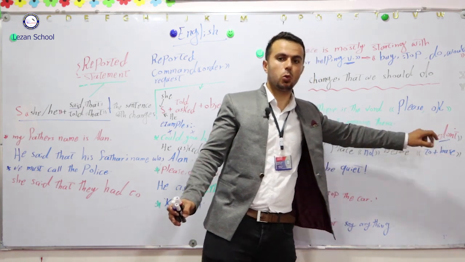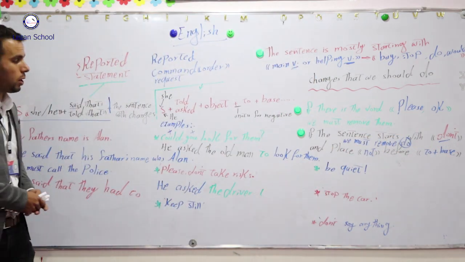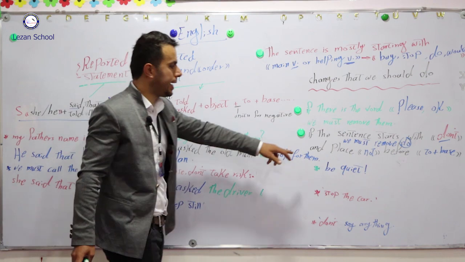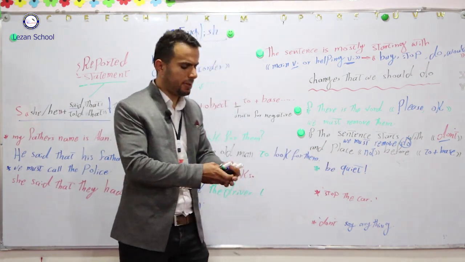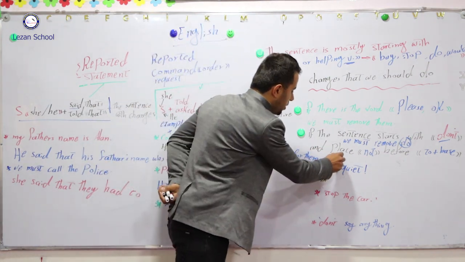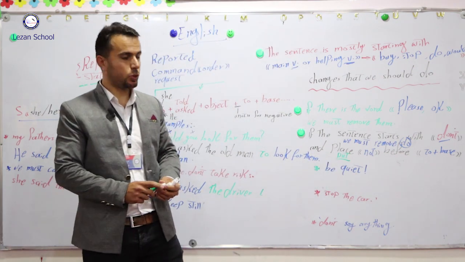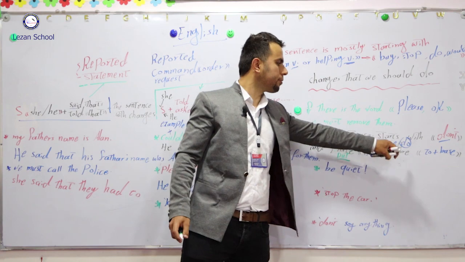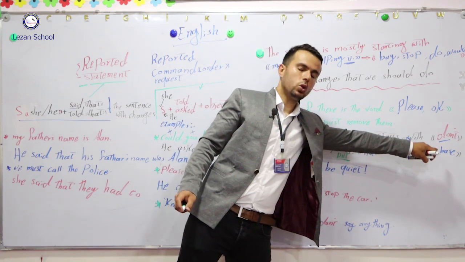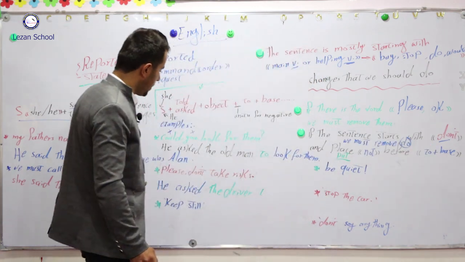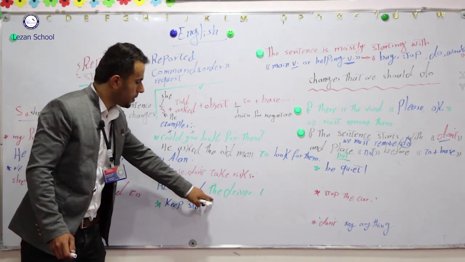Here is don't, we must remove do. But what shall we do with not and place? Place means put. Where? Before to base. He asked the driver